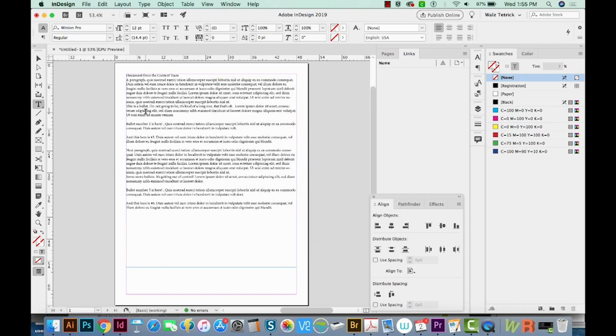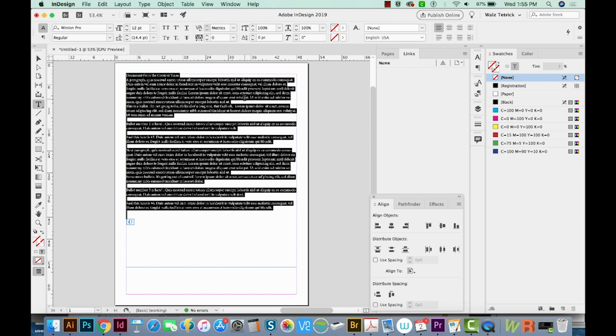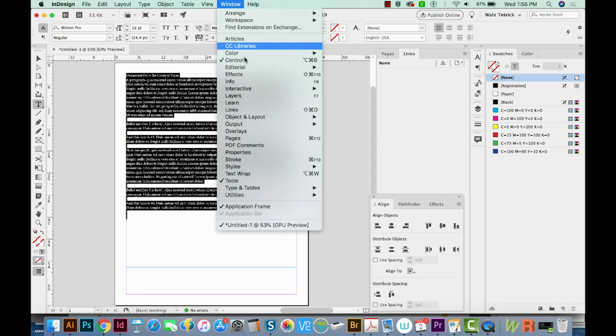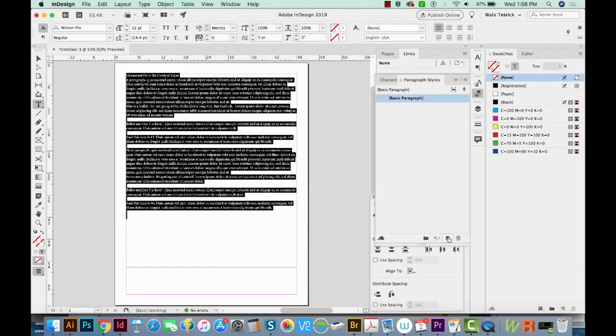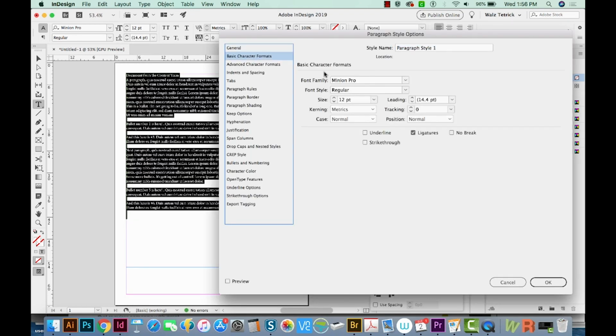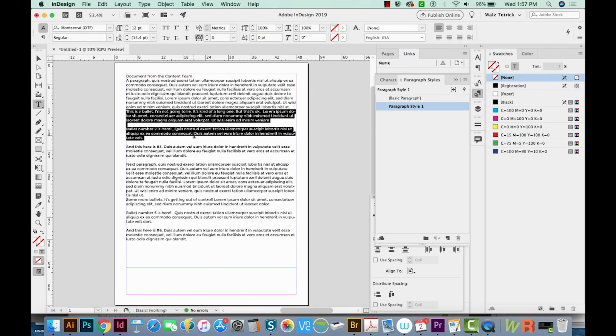Okay, so I'm going to set up a new paragraph style for this entire thing, and we'll call it body. So I'll go to Window, Styles, and Paragraph Styles. We'll create a new one and double click on it. And here under Basic Character Formats, we can choose a different font. Next, I want a new paragraph style for just these bullets. So I'm going to create one called